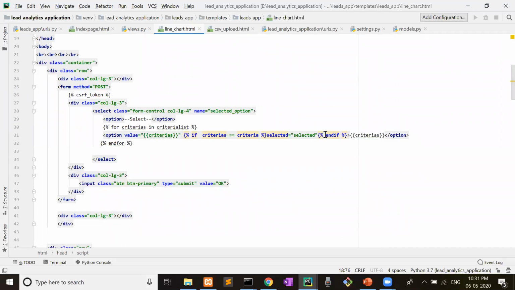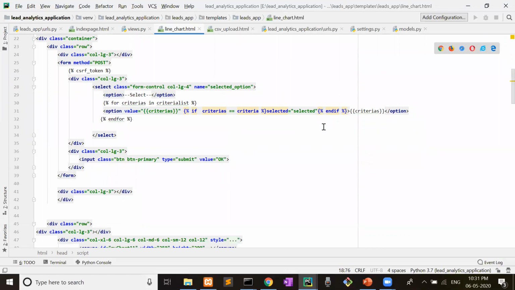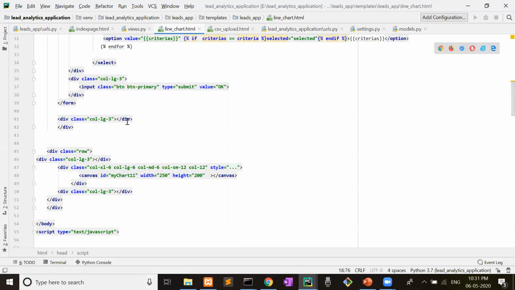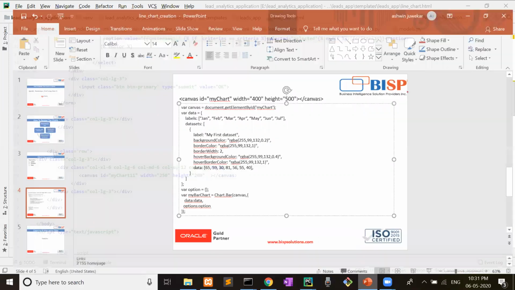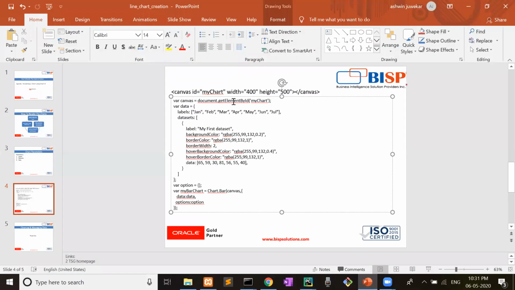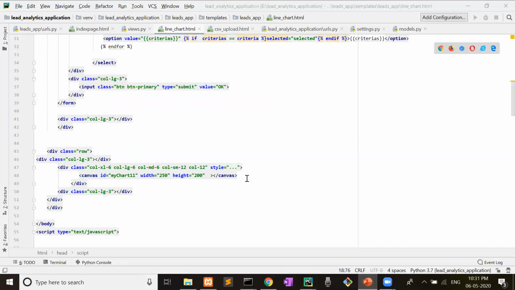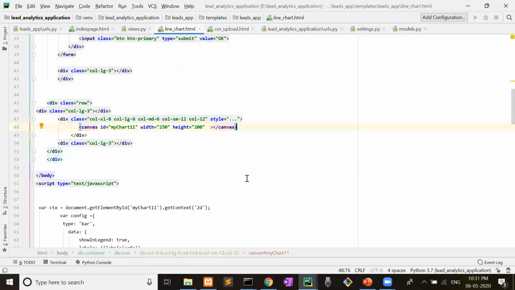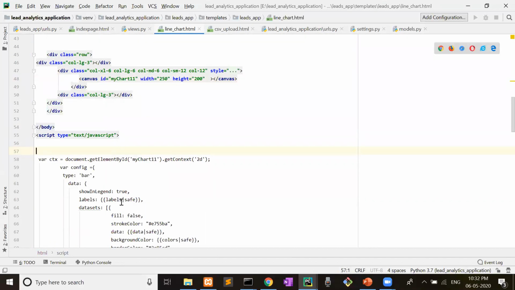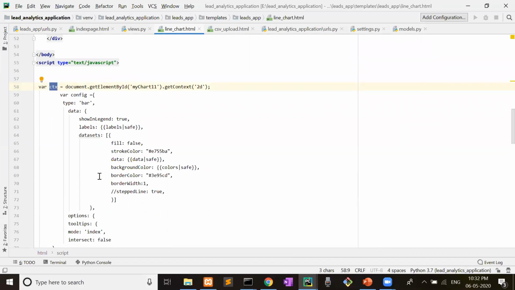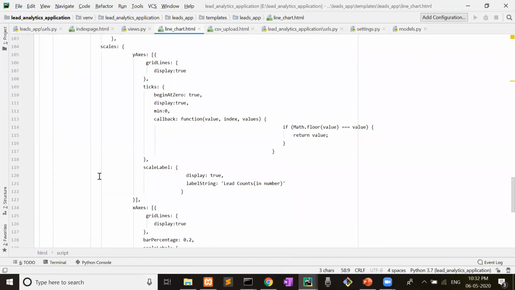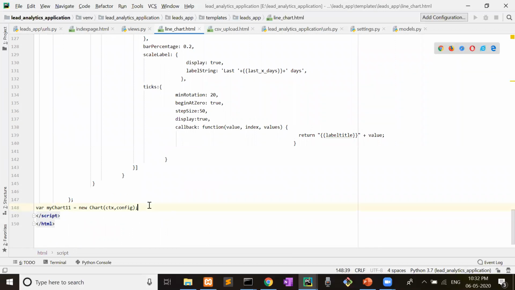After that, see here, this is the canvas; I have shown you the simple structure of this canvas. Canvas is written in the body tag, this my chart 11. I have taken the variable myChart11. After that, the variable ctx; this is the syntax of writing a chart.js chart from beginning to end, right?